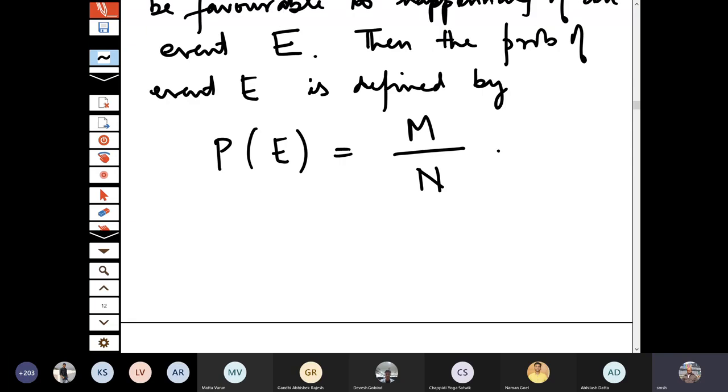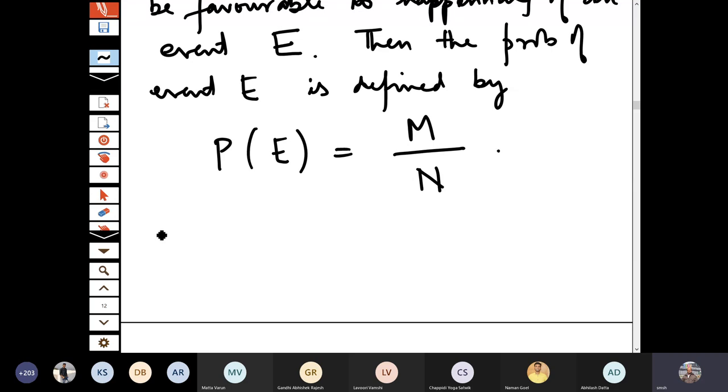Suppose I say, what is the probability that the food grains production in the country this year will be say 10,000 metric tons? Can you answer this question using this? No. Because when we are discussing random experiments, the random experiment should be of a particular type. Then only this definition can be applied.